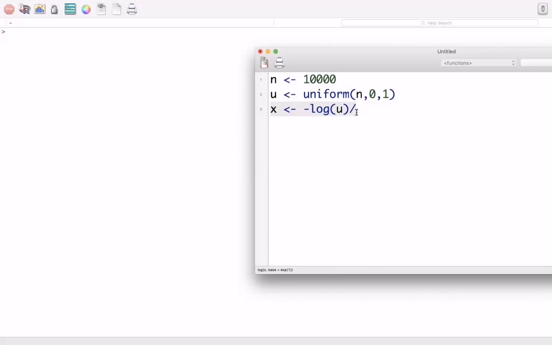Okay, so now in our case, lambda was found to be 0.69. So we divide by 0.69. This would generate an exponential random variable with lambda equals 0.69. But what we want is a shifted exponential, shifted by an amount a. So we just add a. In this case, our a is 5,